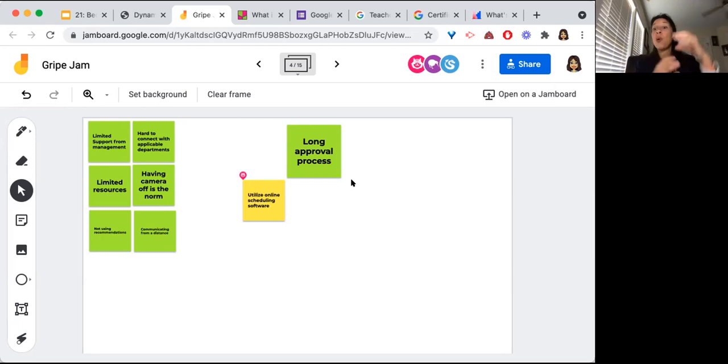So it was like this whole system, but in creating the system, we had to know what the needs were of all of the people involved. So if it's a long approval process for apps and things like that, what does the IT department need to know about the app being requested? And is it something where a form could be set up where a link to that app is shared with IT so that they don't have to go searching for it? You know, simple things like that.